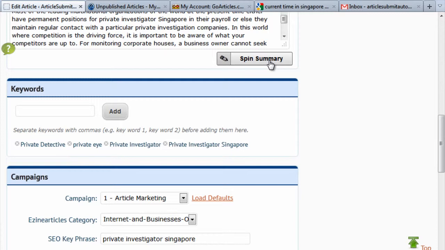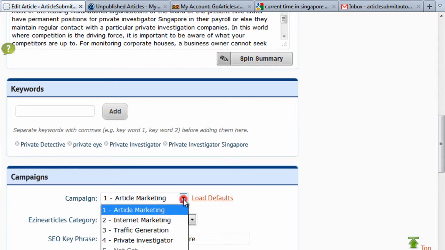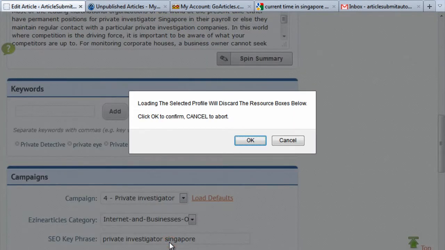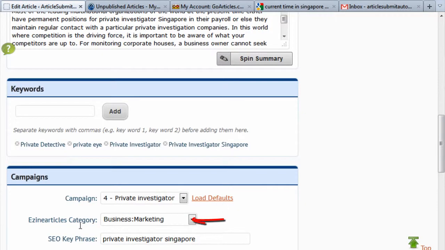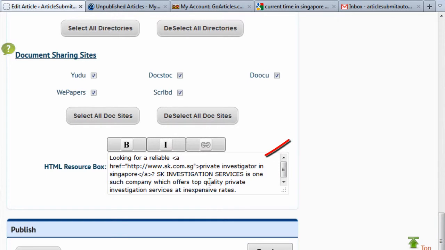After pasting our article into ASA, we will select the appropriate campaign to use. For our demonstration, we will be using Private Investigator campaign, which I've saved into the system. Once I select a different campaign, a pop-up box will show up like this. I'll click OK, and immediately our category box over here and our resource box over here will change to reflect